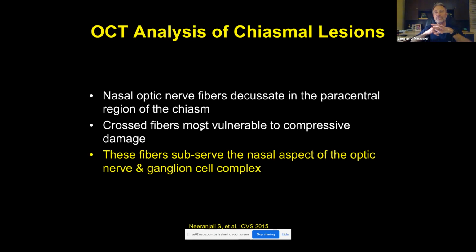So that is purely the reason why those decussating nasal fibers are going to be more susceptible to injury or dysfunction with chiasmal compression. And so too, these nasal fibers subserve not only the optic nerve, but that ganglion cell layer and the ganglion cell complex that is readily visualized through OCT. So